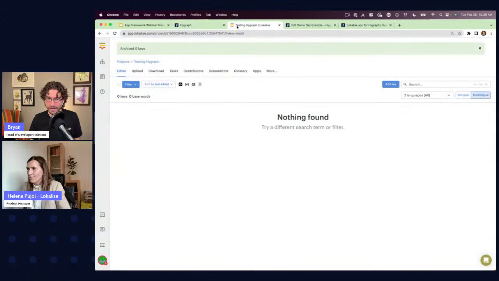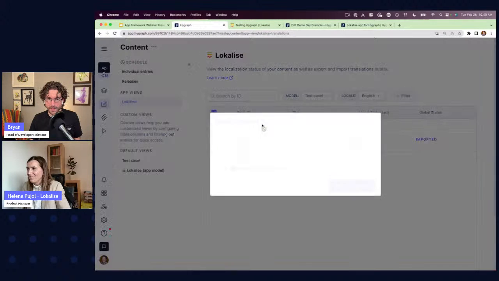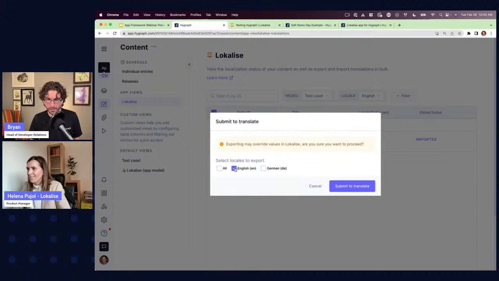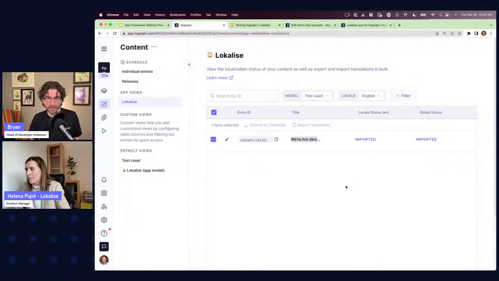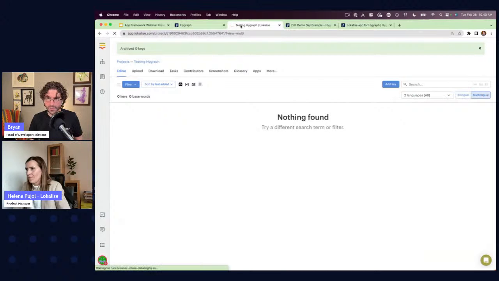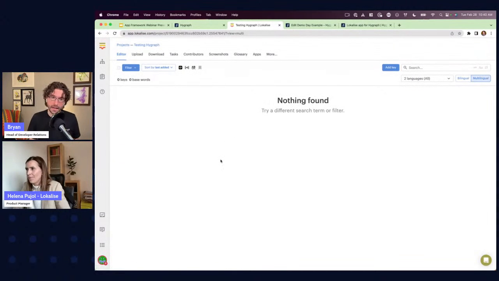Now, remember, we don't have anything in there yet. So when I click this button, submit to translate, it's going to ask me what I want to be translated. I don't want the English, I don't want to export. Oh, I do want to export the English. I don't want to export German because the German one is the old translation. But if I've got like 5 different languages, I could select which ones need to be translated from. I can submit that to translate. It's going to give me a little notification here. And then once we're done, we'll go over to the Lokalise platform. Let me refresh that page. And now